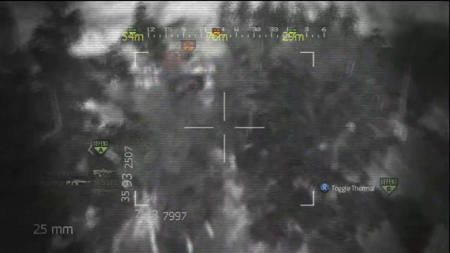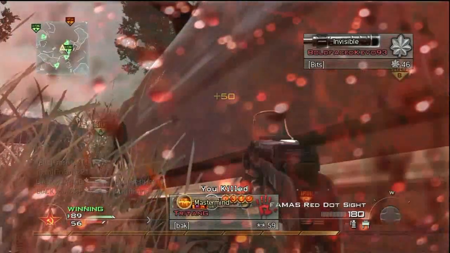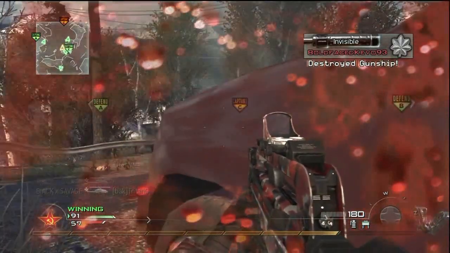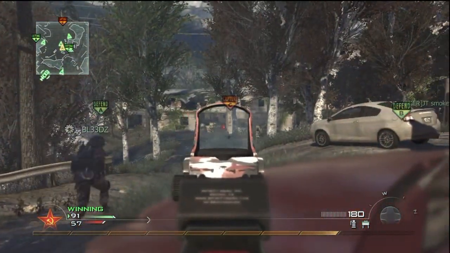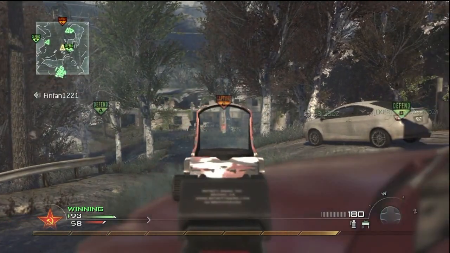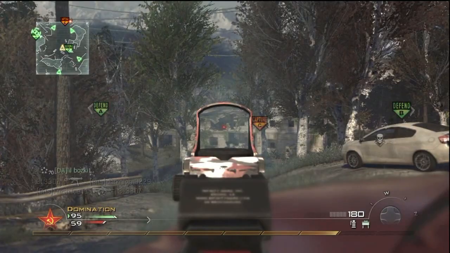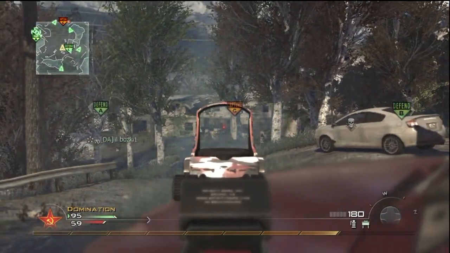AC-130 is a beast when it's used in the right hands. When you use the AC-130 and it's put in the right hands of someone that knows what they're doing with it, oh my god. You don't know how many kills you will get with the AC-130, because the AC-130 blast radius is so powerful, you will not know what hit you,